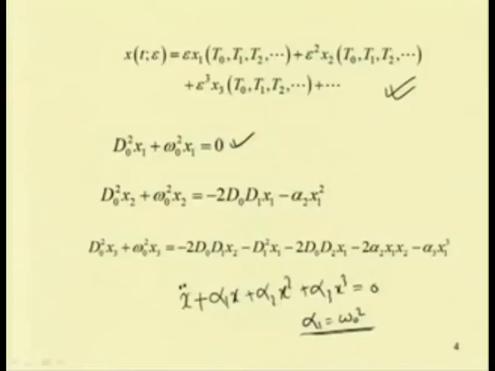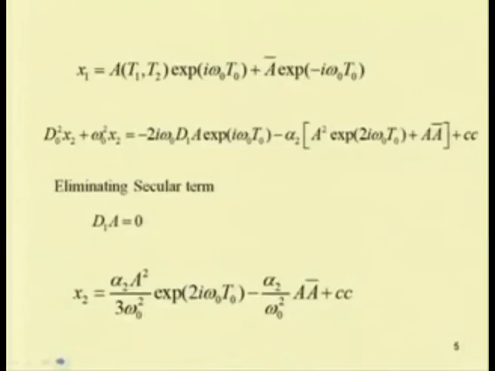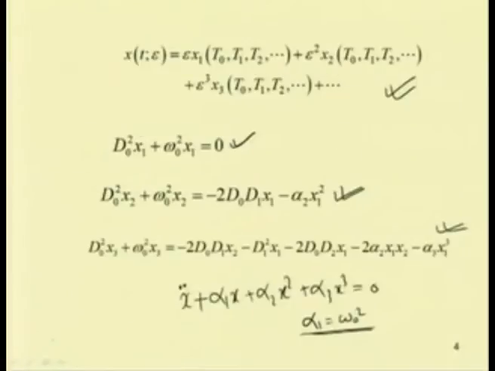We know the solution of the first equation, d 0 square x 1 plus omega 0 square x 1. Substituting this solution in the second equation and getting the solution of x 1 and x 2, and substituting those two in the third equation, we can get the different frequency response equations. For example, the solution of this equation is a 1 e to the power I omega 0 t 0 plus a 1 bar e to the power minus I omega 0 t 0. Substituting this solution in the second equation,